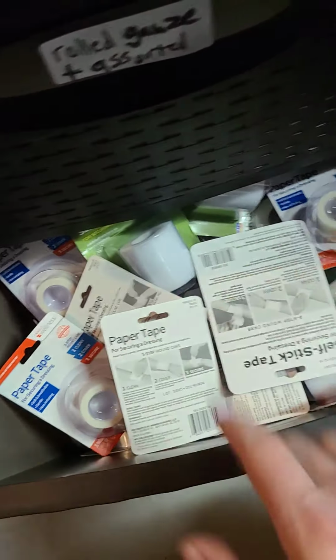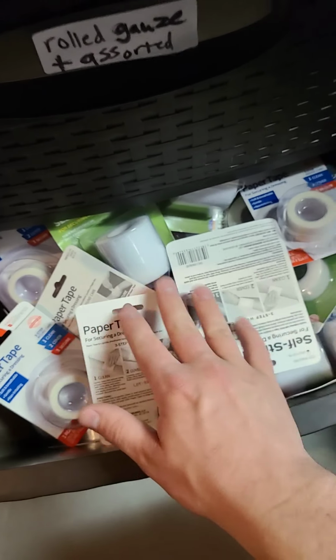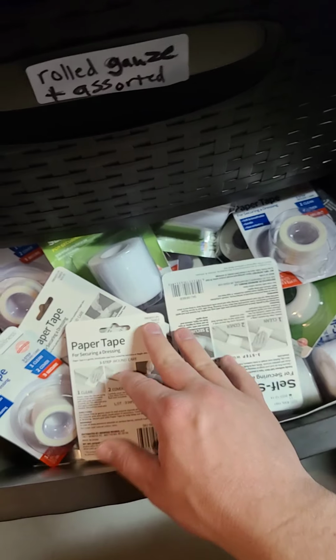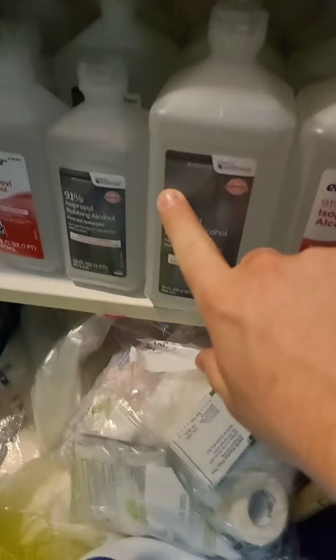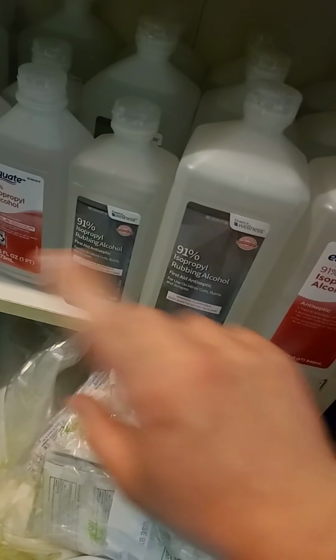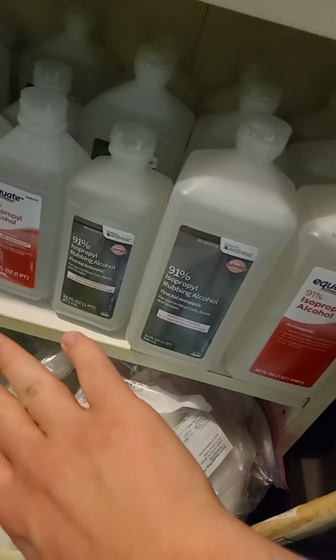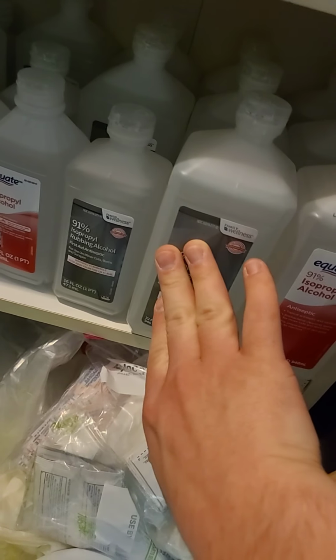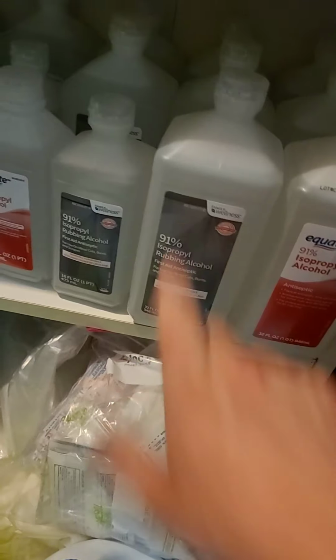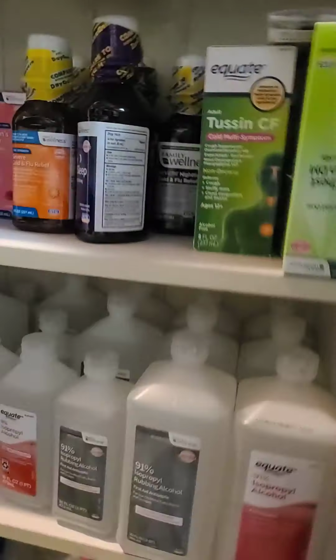I do have a lot of Family Dollar brand stuff for my medical supplies, and I highly recommend them, actually. They work really well. Like, go back to my alcohol. This is all Family Wellness brand. That's Walmart brand. Both work the same. I just happen to go to Family Dollar more often. It's closer. It's easier to get in and out of, and some of the prices are a little cheaper, so I like going there. But anyway, now let's move on to